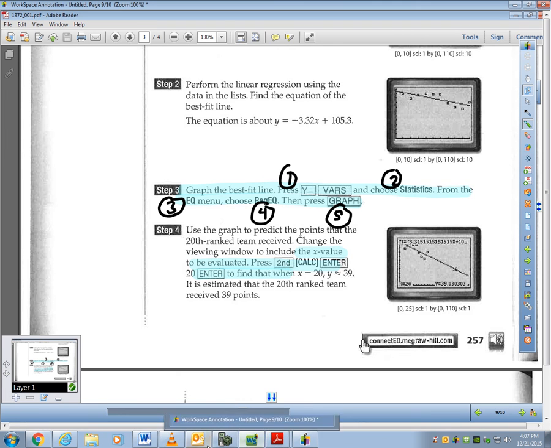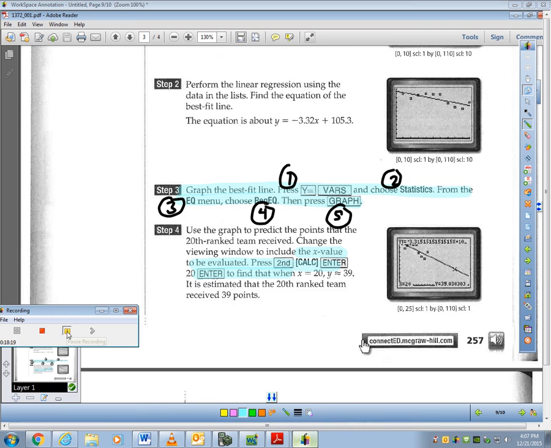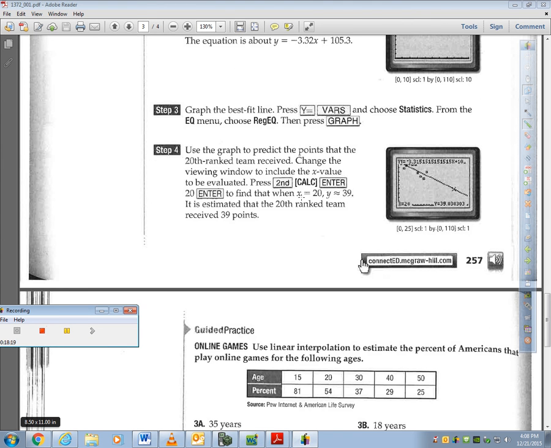And just a second. So to get that on your calculator, you can see that right here. I'd like to predict, I said 8 years after 2009. All I have to do is hit second, calc, enter, 8, enter. Okay, so let me do that. So I'm going to go to